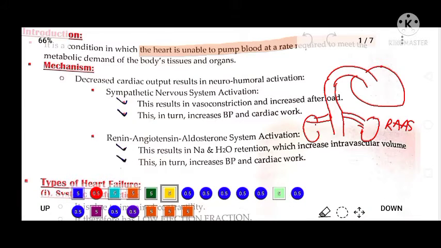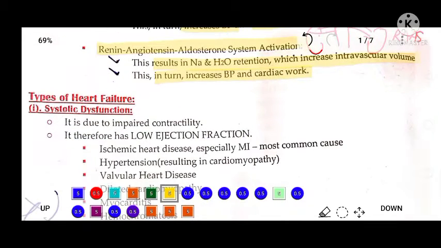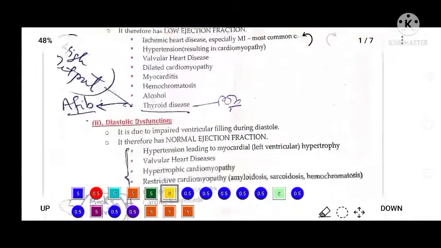the renin-angiotensin-aldosterone system. So the mechanism of congestive heart failure is decreased cardiac output, and it results in neurohumoral activation. The sympathetic nervous system is activated, which results in vasoconstriction and increased afterload. In turn, blood pressure and cardiac work also increase. The renin-angiotensin-aldosterone system is activated, which results in sodium and water retention and increased intravascular volume, which in turn increases blood pressure and cardiac work. So there are different types of congestive heart failure, like systolic dysfunction, and another is diastolic